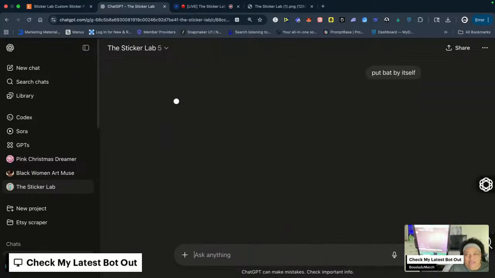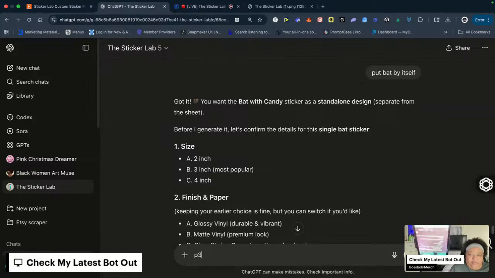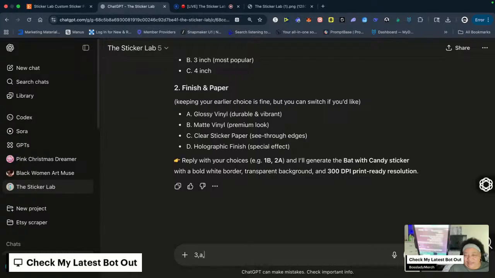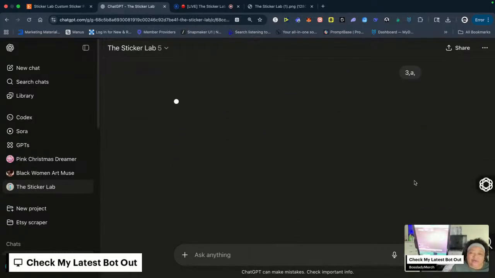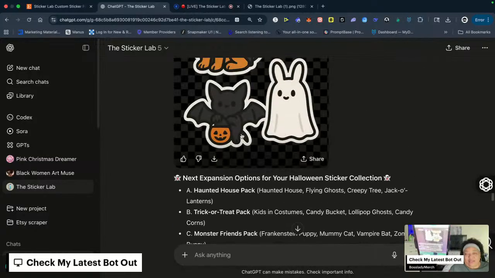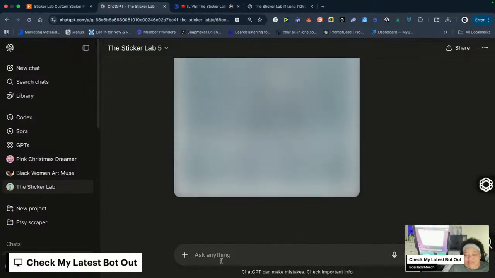Okay, I'm gonna get the bat by itself. And then I get the bunny by itself. And then baby by itself. Okay, we're gonna do 3, 8, oops. So any kind of mistake, just tell it to fix it. Fix it, darn it. All I can do is tell them to fix it. So I just tell them to put the bunny by itself because that was too close together. Maybe because the bat wings came out like they did and stuff. I don't know. I'm gonna do the bat by itself too, but maybe that's what happened